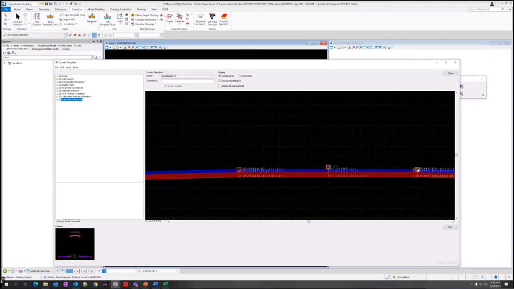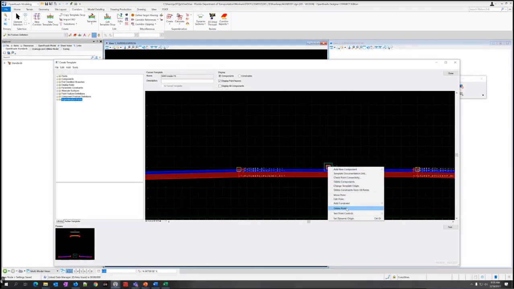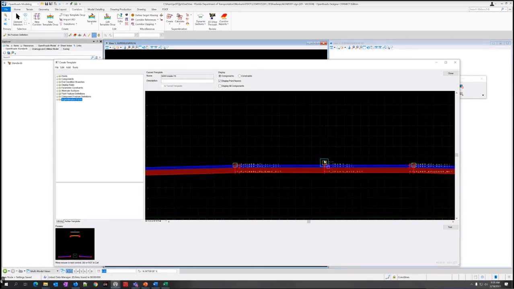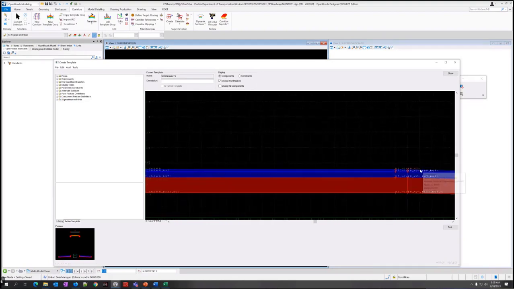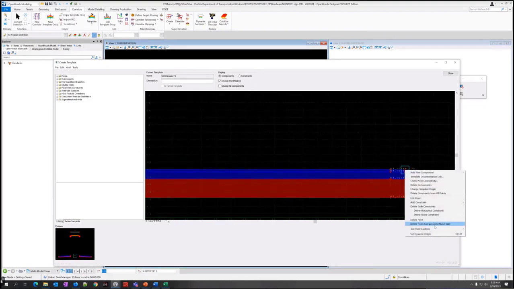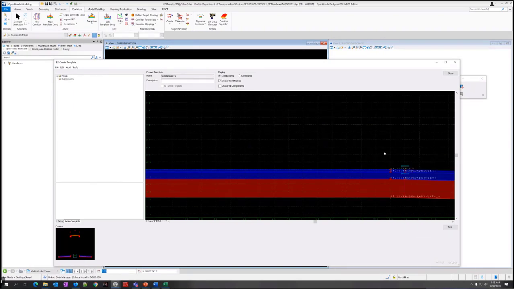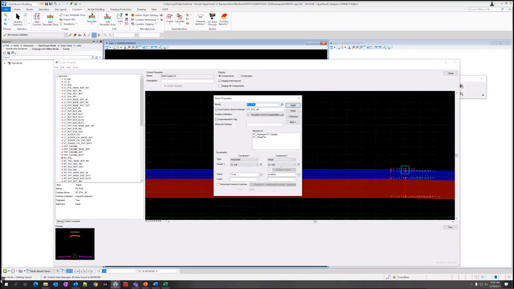So this is built so that if I move this null point here, you can see everything follows it. Everything's constrained to it. So this point here is constrained to it with a 2% slope off the null point and a horizontal.